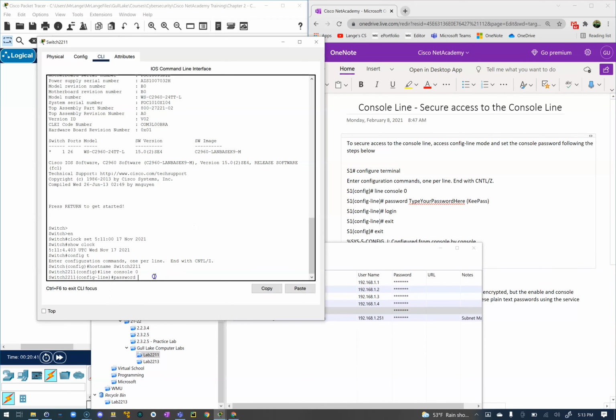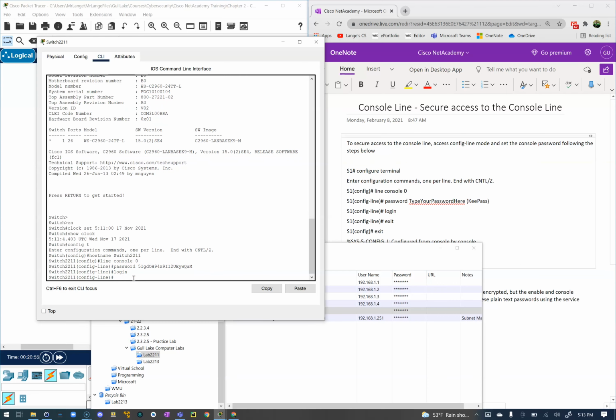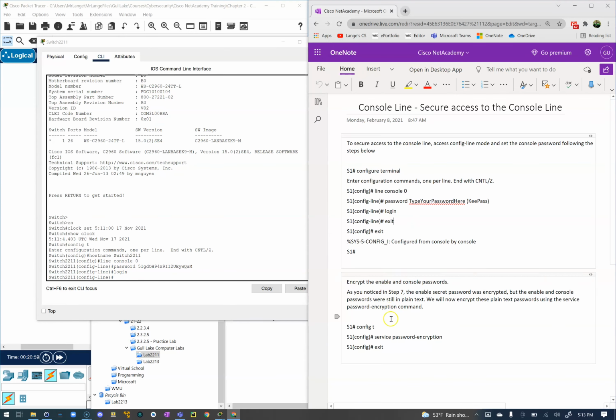and click over here. I only have a few seconds to paste that in. And you can't use Control V to paste in on the command line interface. You have to right click and paste. And when do we want that password? That's going to be for our login. So make sure you do that at login. All right, and I'm not going to exit it because I'm going to come down to the next part of